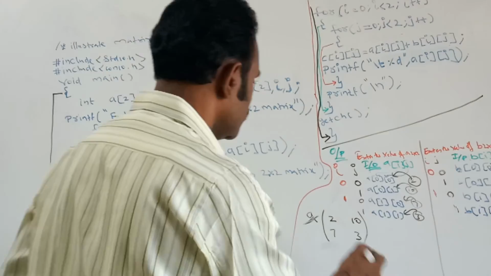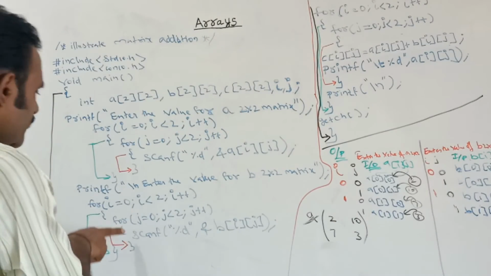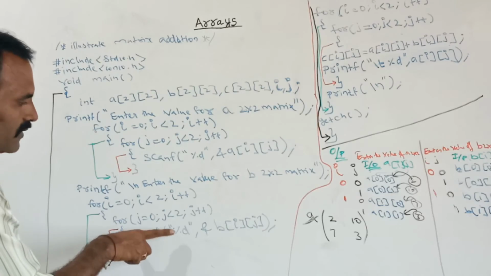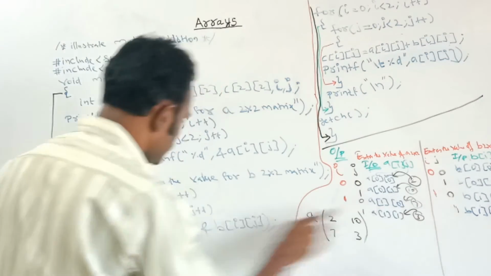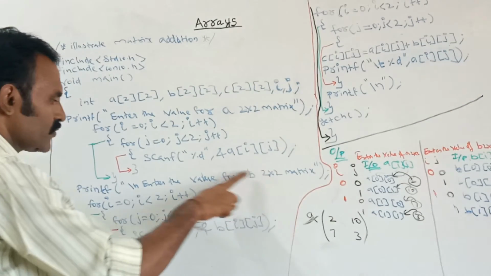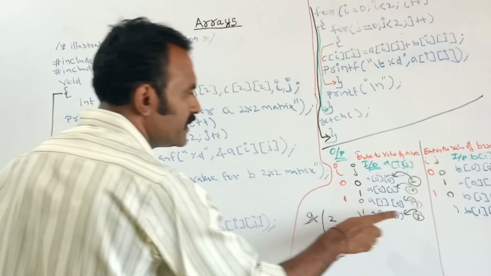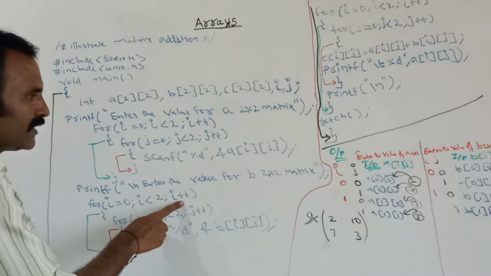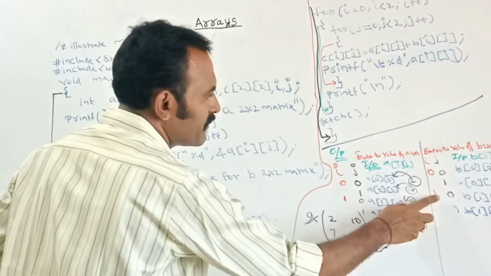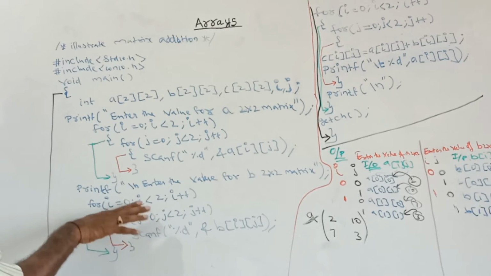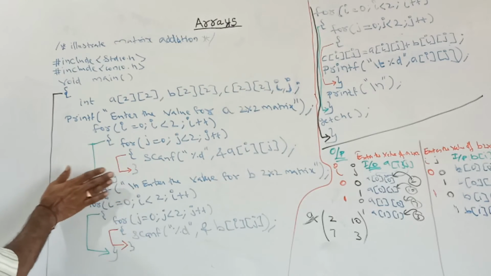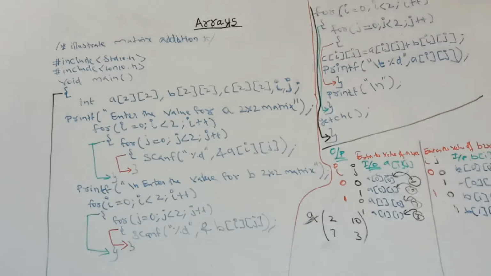See here, after completing this, the inner loop value will be incremented. It will check, the inner loop value will be 2, the condition is false, again it will go to the outer loop. The outer loop also will be incremented, the I value, previous value plus 1. Our previous value is 1, 1 plus 1 is 2, here it will check the condition, both conditions are false. Once the condition is false, it will be terminated and go outside of the loop.